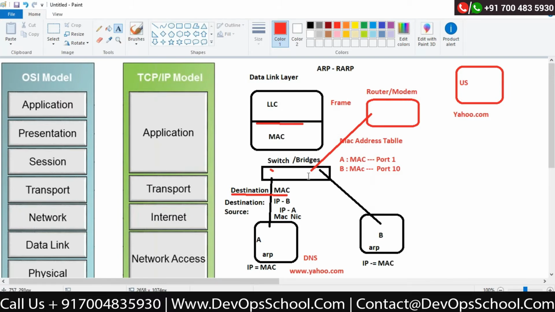Then whenever the switch transfers this data, what will the LLC layer do? The LLC layer will create a frame, but in that frame it will hide the MAC addresses and only promote the IP addresses of that data, and it will transmit that data to the next device.